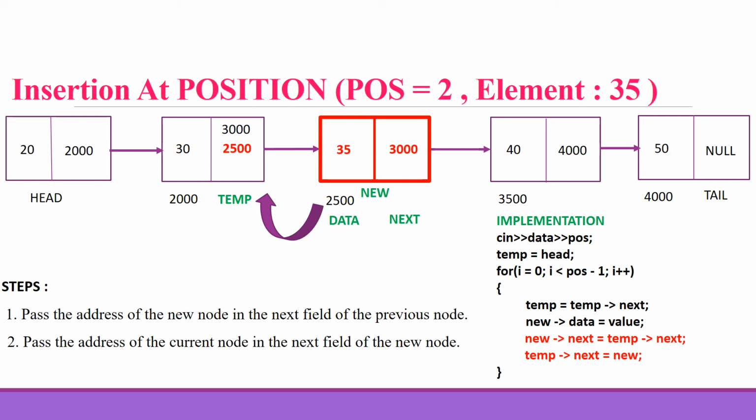The C++ code for the insertion of the new node is: cin >> data >> position; temp = head; and the for loop will iterate up to position - 1: temp = temp->next; new->data = value; new->next = temp->next; temp->next = new;